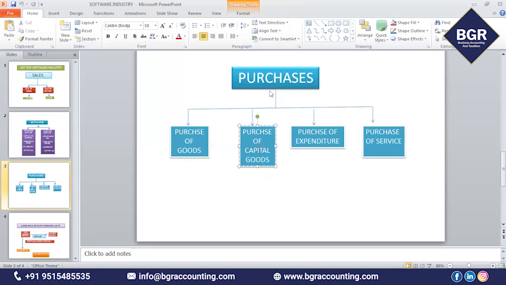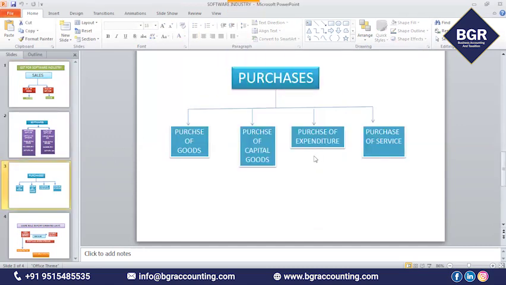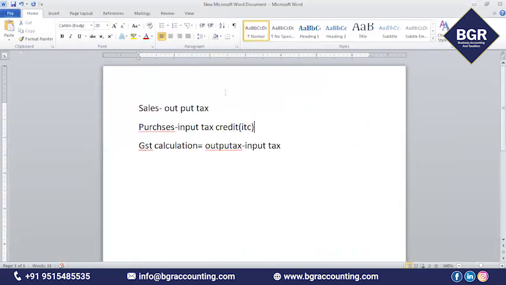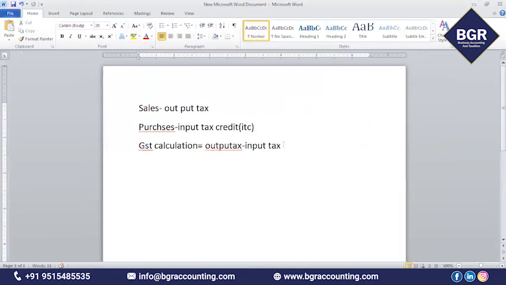So from purchases you will get input tax, and from sales you will get output tax. Now, the auditor has done the auditing for your company. The auditor will charge GST in the sales invoice, which is a purchase invoice to you. Can you take input tax on these purchases? Yes, you can. That means all purchases are eligible for input tax credit for a software company. Now simply every month you can calculate output tax minus input tax, and you will get the GST calculation.